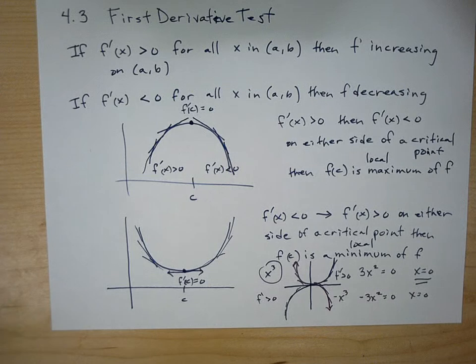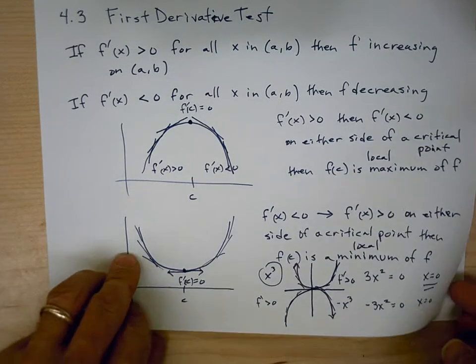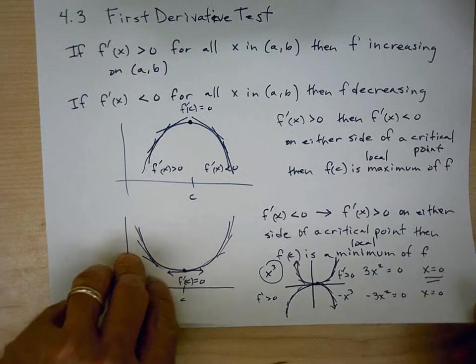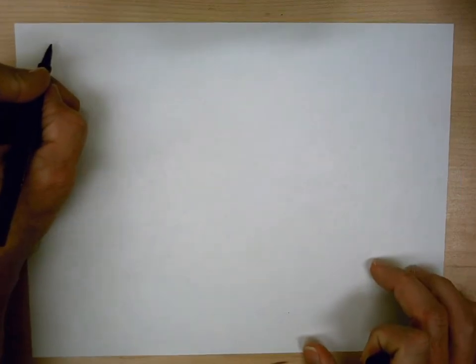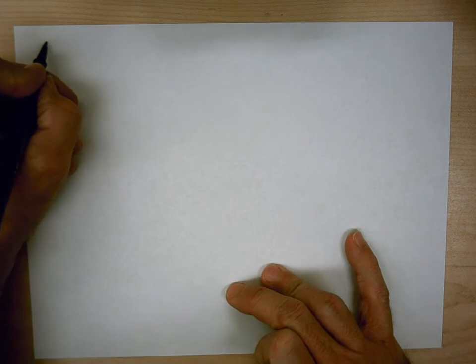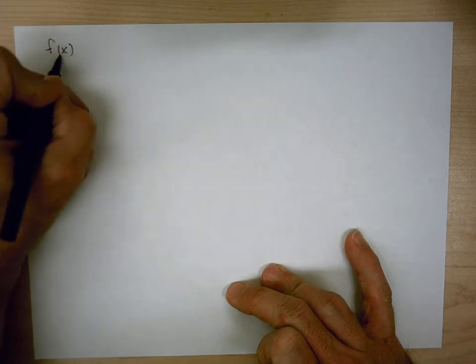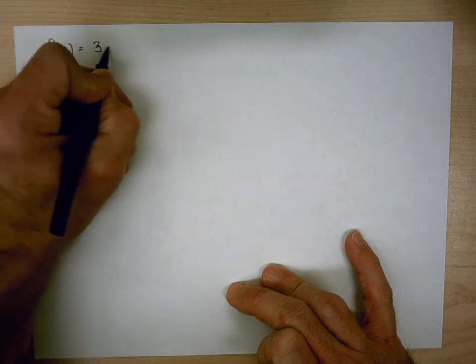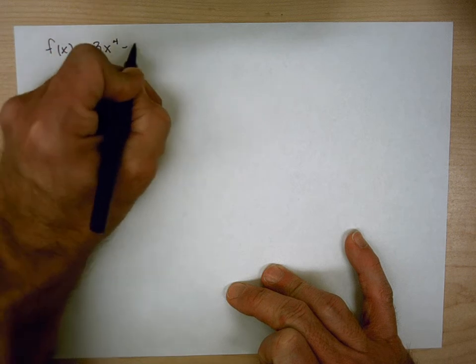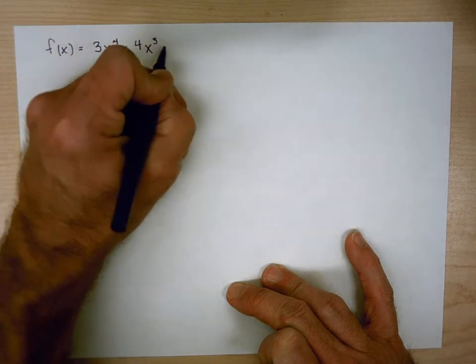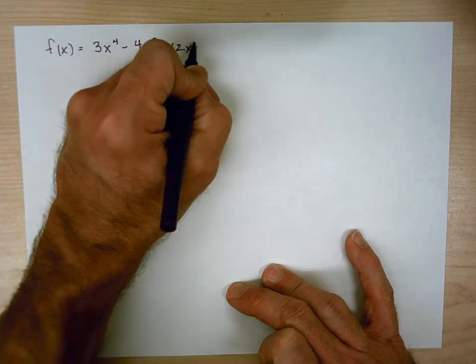All right, so that is just summarizing what we were doing in the lab. Now I just want to go through a couple of examples of how to use the first derivative test. Okay, so let's take a look at this function. Bring this down a little bit. Okay, so with this function, 3x to the fourth minus 4x cubed minus 12x squared